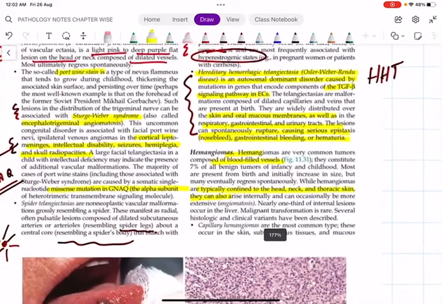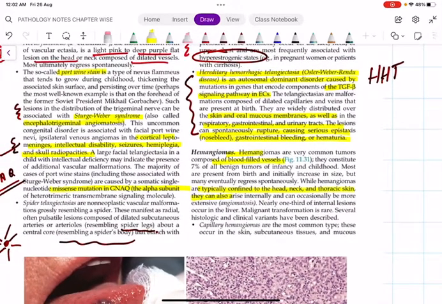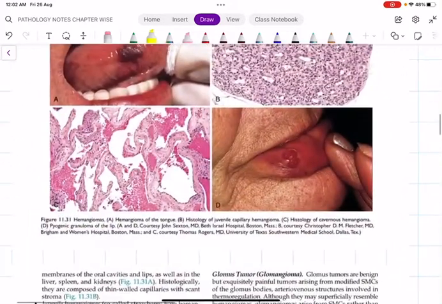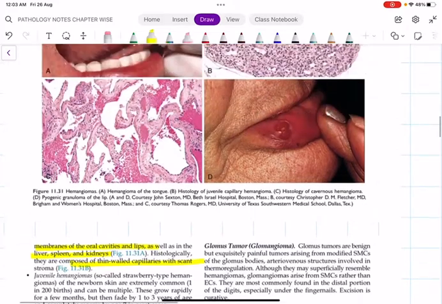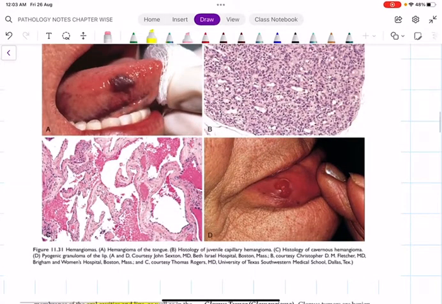We have different histological and clinical variants. Out of that, the most common type is what we call capillary hemangioma, which occurs in the skin, subcutaneous tissue and the mucous membrane of oral cavity, lips, as well as in liver, spleen and kidney. And histologically, we can see thin-walled capillaries with a scanty stroma. Okay, I will be showing the